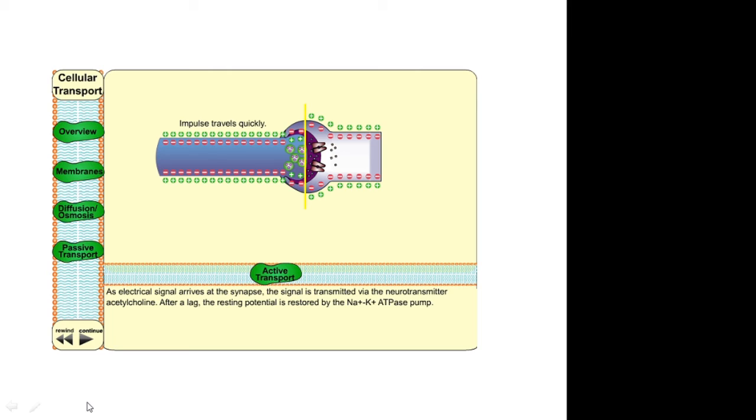Now you can see a magnification of the synaptic cleft. When the signal reaches the synapse, the release of acetylcholine from vesicles is triggered. Acetylcholine diffuses across the synapse and triggers sodium channels to open, causing transfer of the impulse to the postsynaptic neuron. The action of this sodium channel is modulated by an external modulator, that is, acetylcholine. This is an example of cell-to-cell communication.